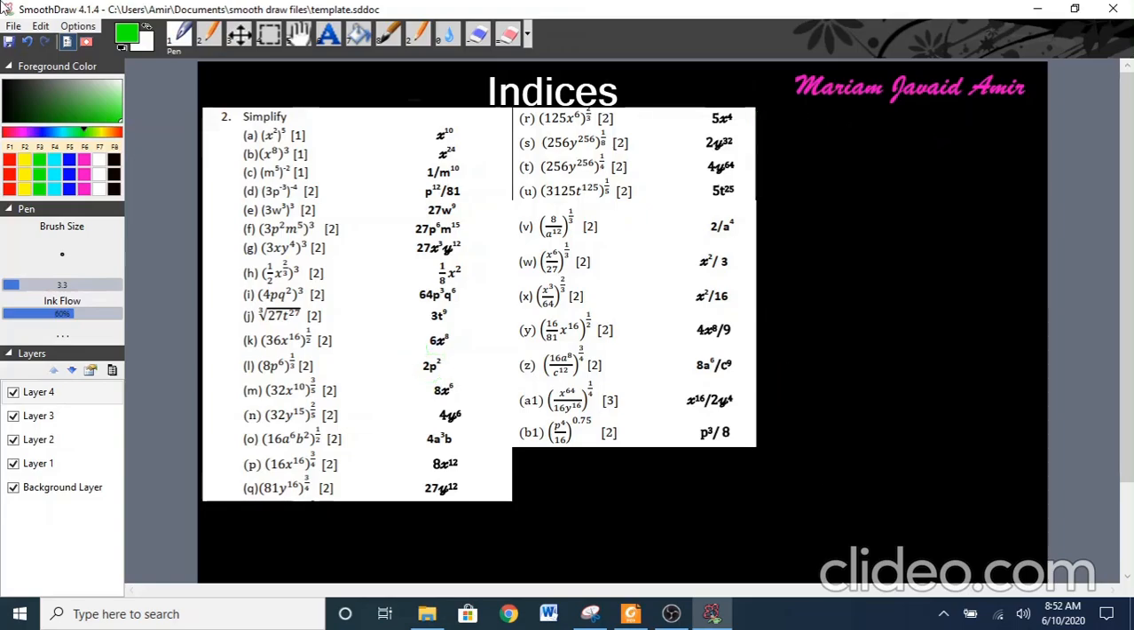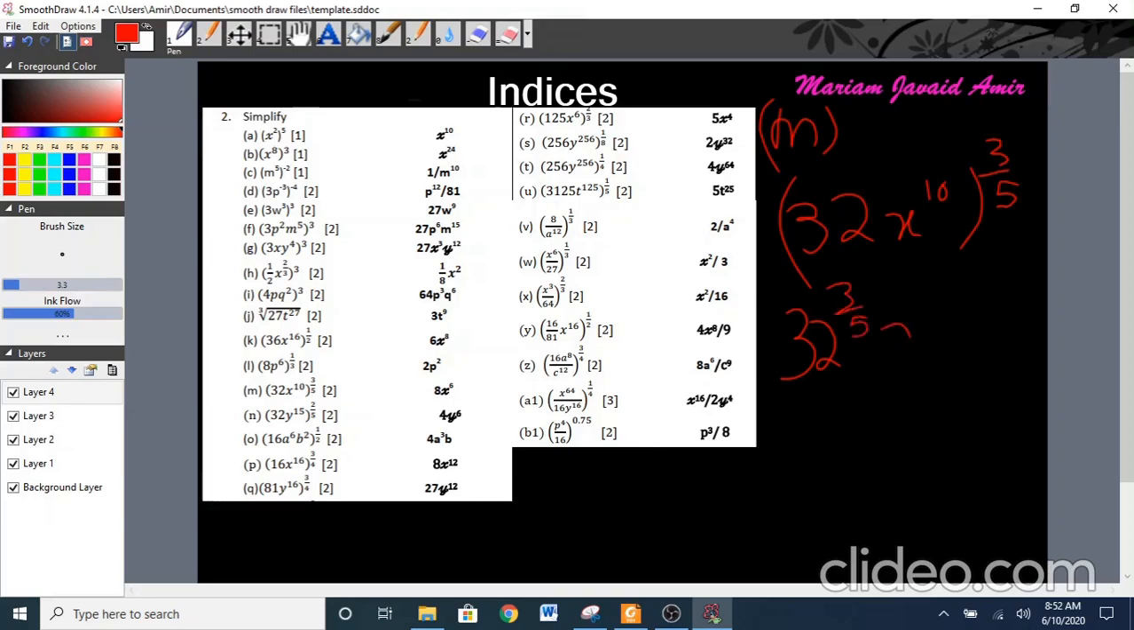Alright, next is part M, 32 x power 10, whole power 3 by 5. Alright, so 32 power 1 times 3 by 5 is 3 by 5, x 10 times 3 by 5 will be 6. Alright, so now in fact you can simply enter this in your calculators. Honestly, in your calculator enter 32 power 3 by 5 and you will get the answer, which is